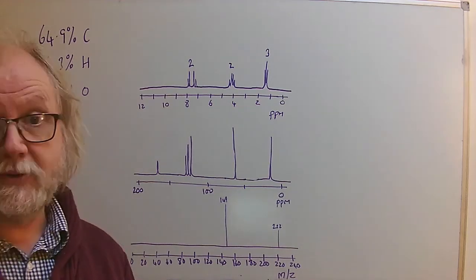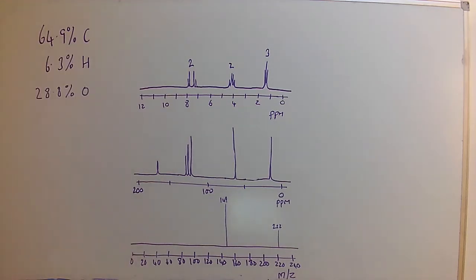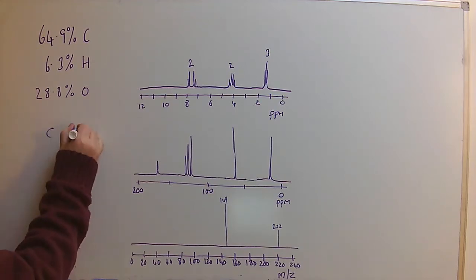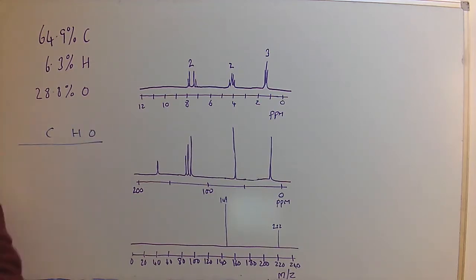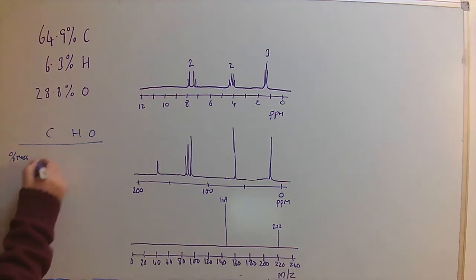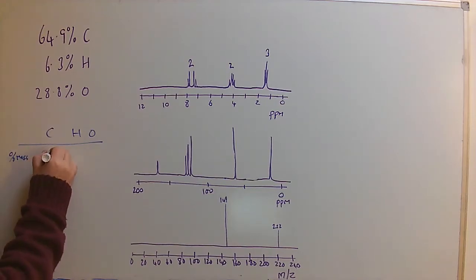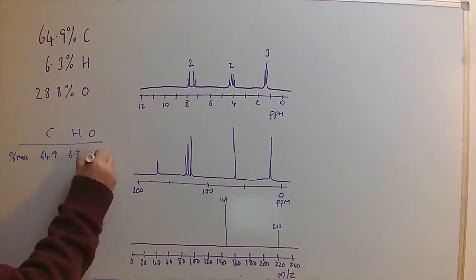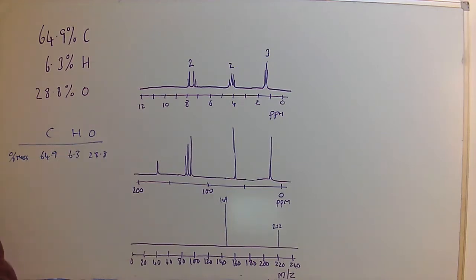So our starting point with this question is to do the empirical formula. So we do the normal thing with the table. If we set up the usual thing with the elements across the top, copy the numbers down, can either be actual masses or percentage masses, it doesn't matter which. So we just copy down the percentages and divide them by the relative atomic mass so that we turn them into relative moles rather than relative masses,